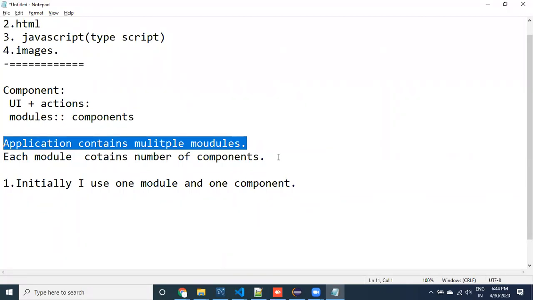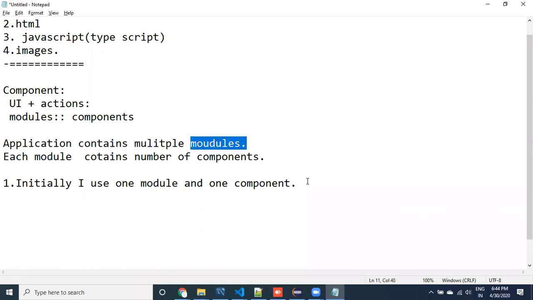A module is like a package, the way a package contains multiple classes. Of course there are many differences, so don't compare the Java package with Angular modules. But one module contains multiple components. Just remember this is separation. Right now, coming back here, initially I use one module and one component.